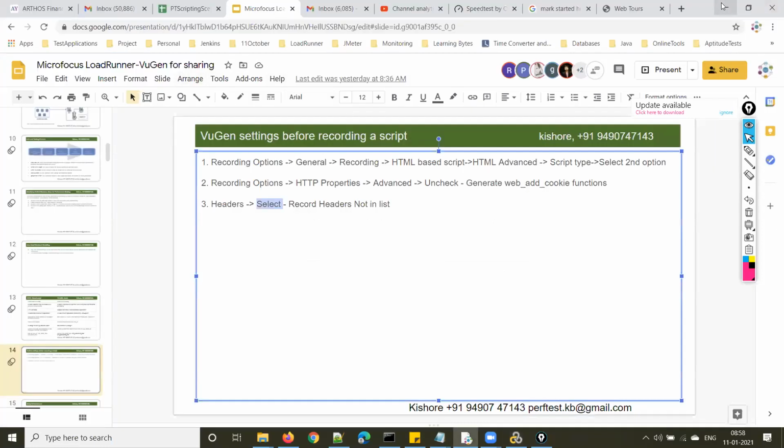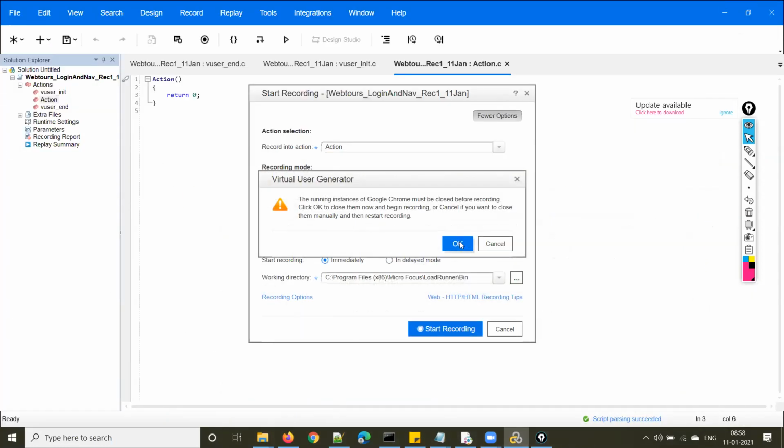I opened a couple of tabs in Chrome, so that's what it is saying. If you click on OK, the tool will automatically close them. Or else if you want to close them manually, click on cancel. Are these options clear?